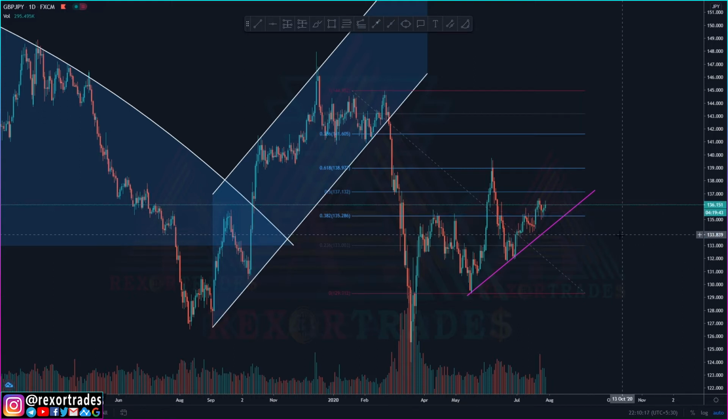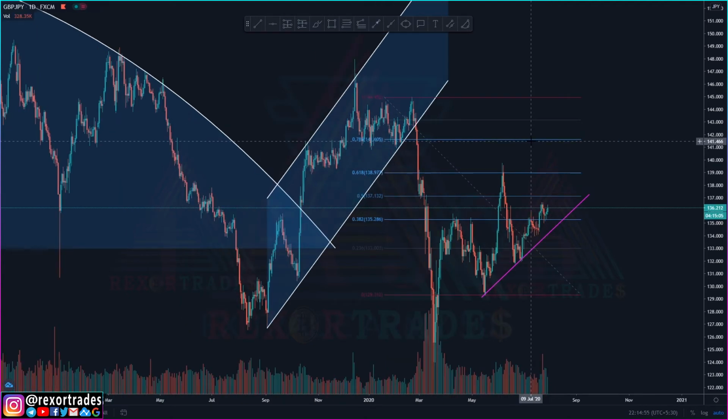Now if price doesn't break below this trend line and tends to go even further, we're going to look at this level again for the price to probably form some sort of double tops pattern and then head down. Now if price doesn't respect this level, then we're going to wait to see some price rejection candlestick patterns being formed at this level. Then we can enter short on this trade, probably setting our stop loss tighter just above the previous highs, like around here. That's going to give us a nice risk to reward ratio trade if we enter here.